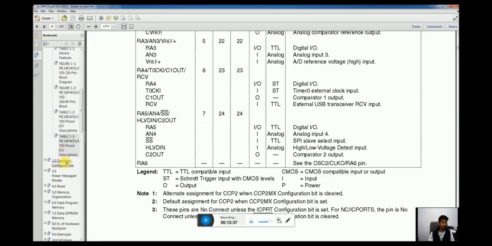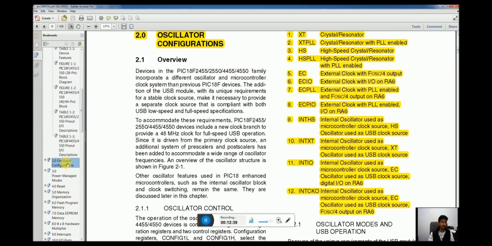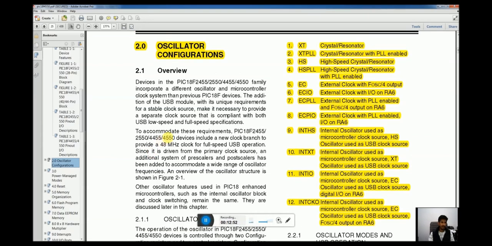Now moving on to the oscillator configurations that we partially discussed in our previous lecture, but did not go into the details of what options we have for PIC18F4550. In this lecture we are going to discuss them in detail. So this highlighted portion shows the 12 possible oscillator configurations that we can use for the PIC18F4550 microcontroller.